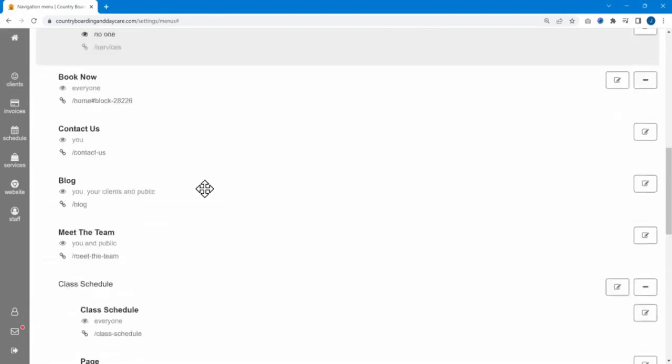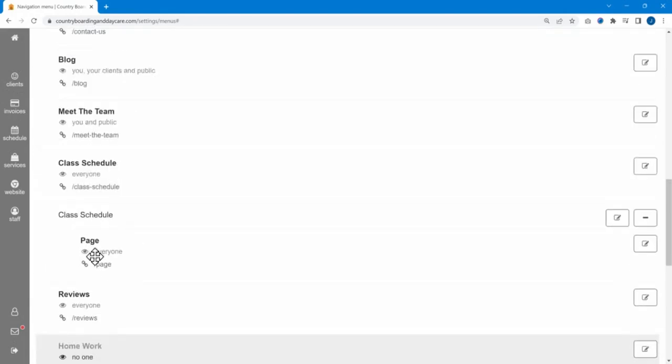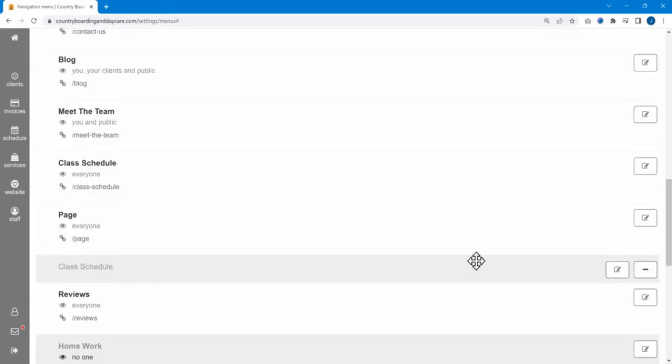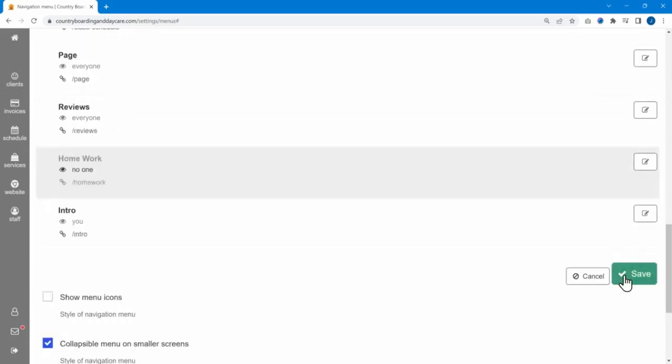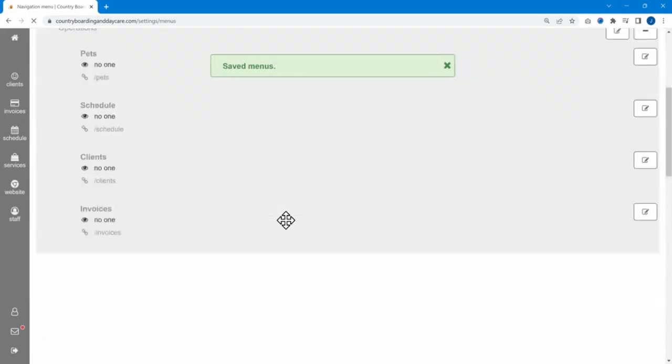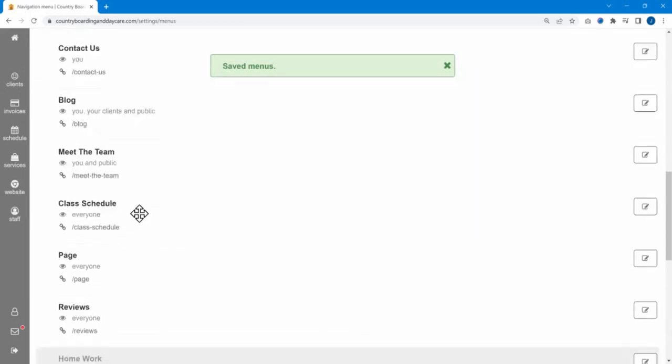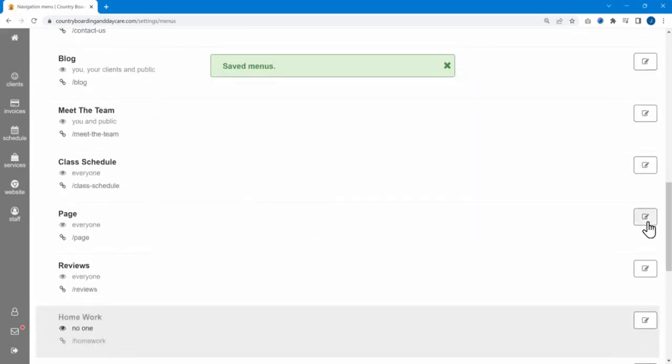I actually don't want the pull down, so I'm just going to move them outside of this automatically created label, which generates when you drag them into each other. I'll save it. And one last thing of note here is that if I go back to that page,